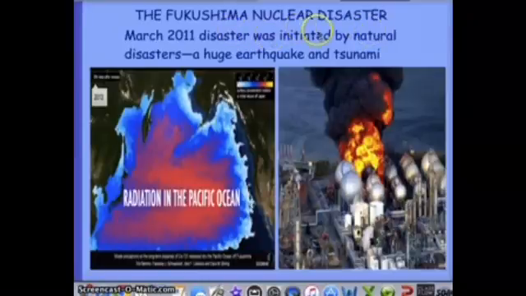Then you know the disaster, which you guys are pretty much aware of, that took place in Japan. This was not a disaster of human error or malfunctioning of a power plant. It was initiated by a tsunami or an earthquake that occurred in Japan. What happened was, because of the loss of power, the reactor core was not receiving water to cool down the system. So eventually it overheated, and there was an explosion of not just 1 or 2 reactors, but 3. And I have links here to the videos, which I'll show you later in class.